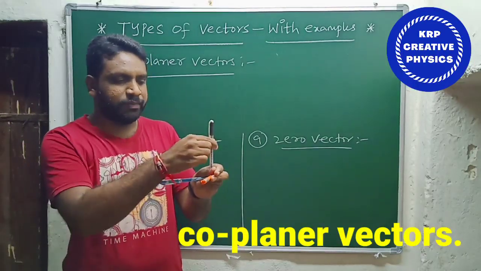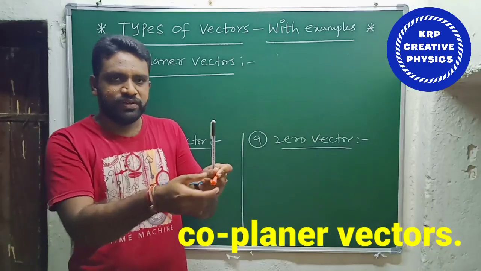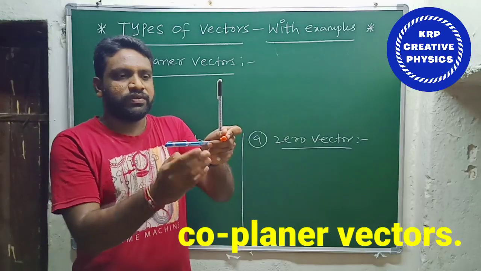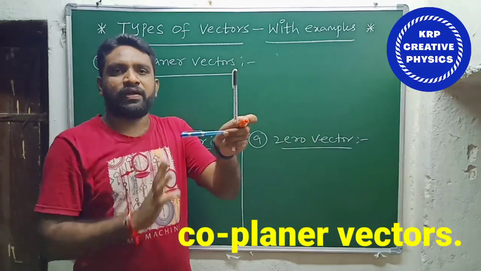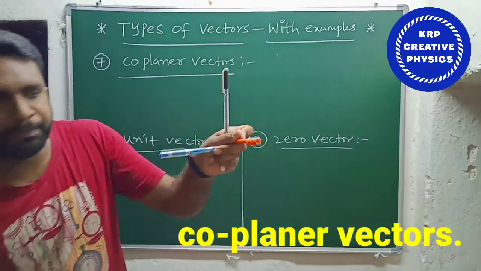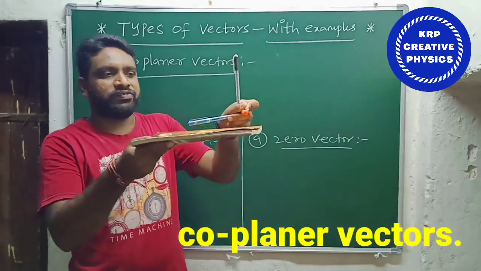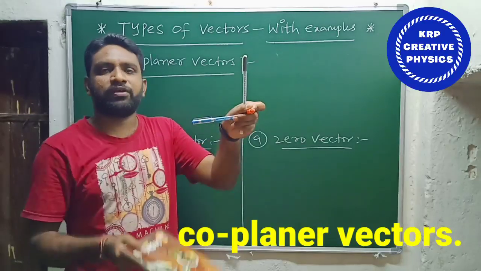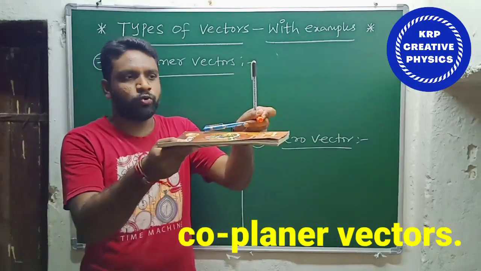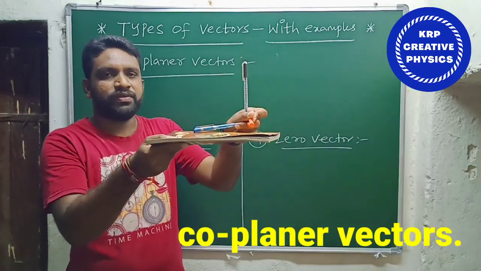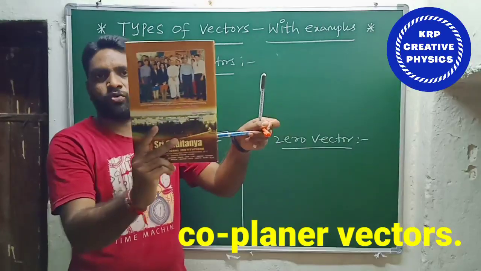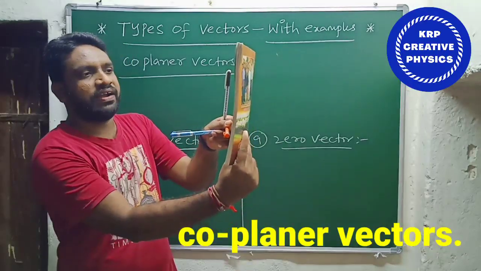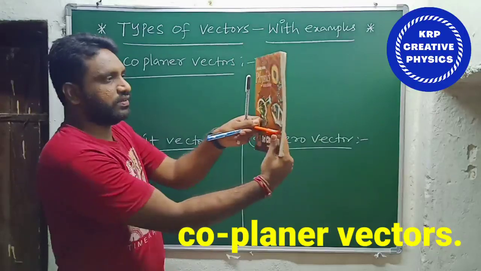I am arranging these 3 pens perpendicular to each other. If we consider these 3 pens, just try to observe here. The orange color, blue color and black color we are considering. The orange and blue pens are lying in the same plane. Every pen is representing a vector. So these two vectors, orange and blue, are lying in the same plane. This is the plane. At the same time, the black and orange are lying in the same plane.